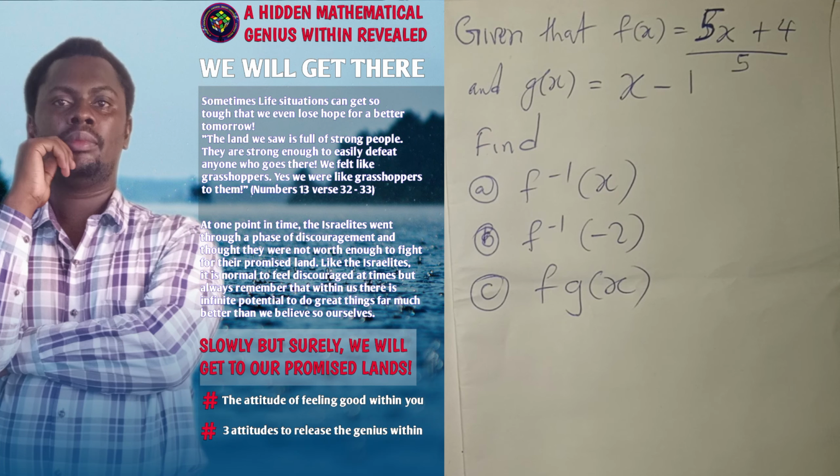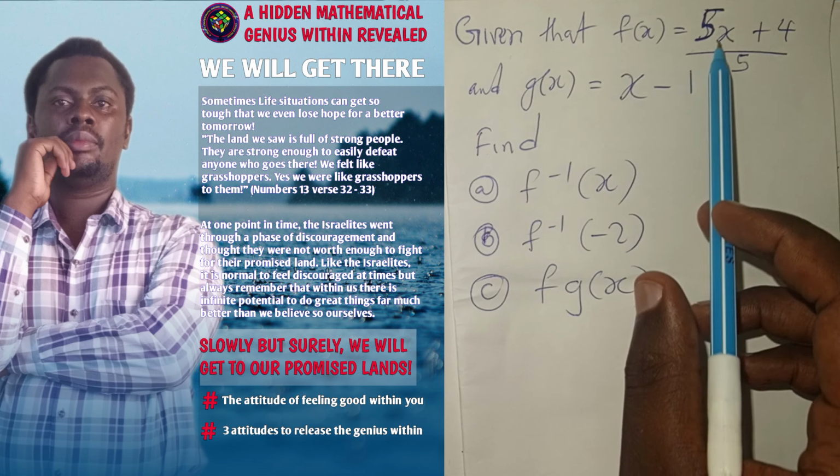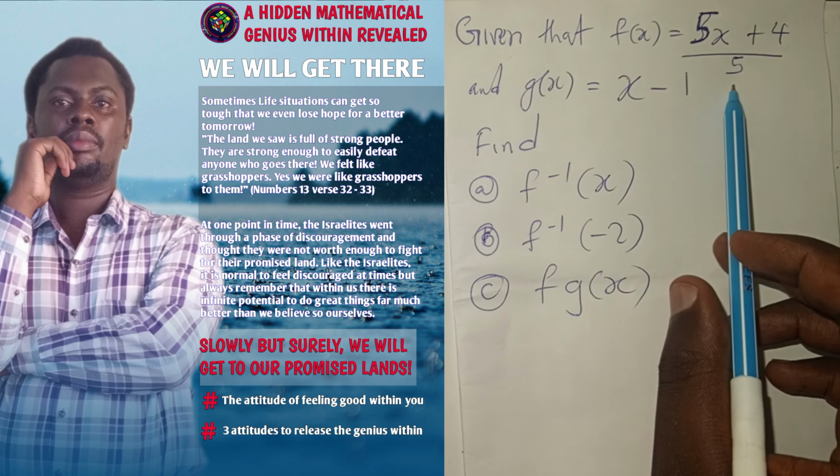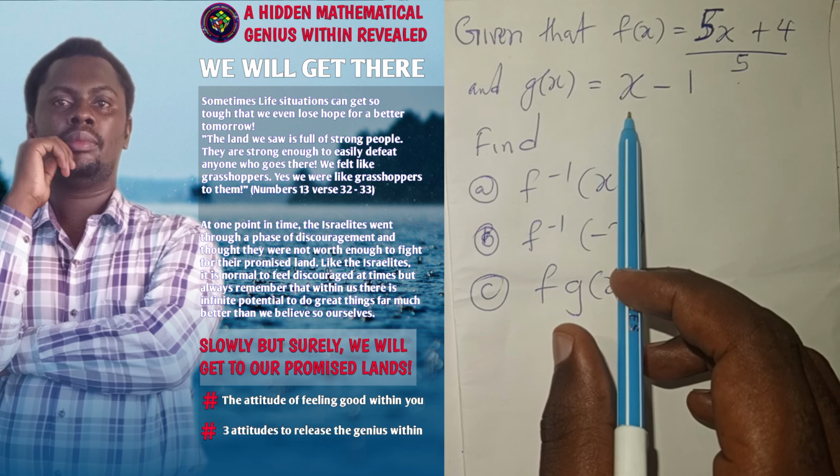Given that f of x is equal to (5x plus 4) over 5 and g of x is equal to